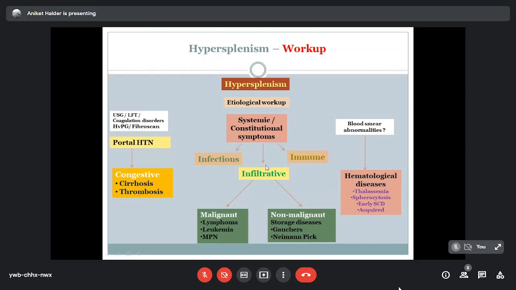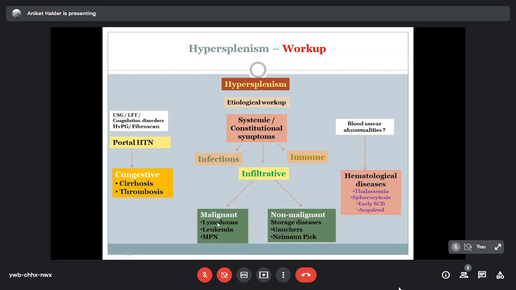We have to exclude whether there is any infiltrative disease, or look for immune diseases like different types of autoimmune diseases such as rheumatoid arthritis or SLE. For infiltrative disease, we can do a workup to exclude any malignant or non-malignant disease. Storage diseases are usually the non-malignant infiltrative causes of hypersplenism, and the malignant diseases may be